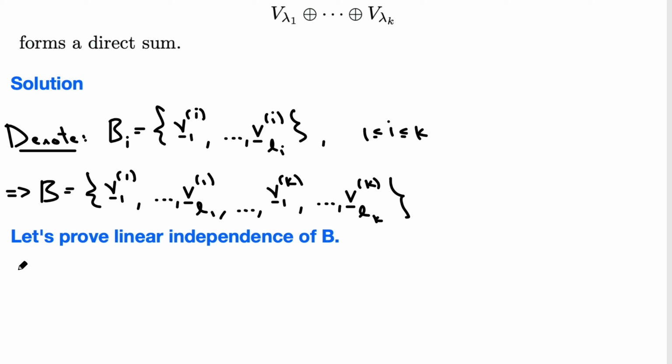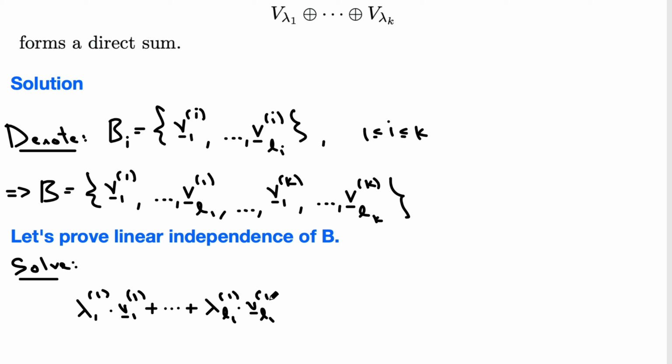So that means we must solve the following. So lambda 1,1 times V1,1. So this will be just some scalar up to lambda L1,1 times V2. See, it's very confusing. VL. So this is corresponding to the first part, B1, plus